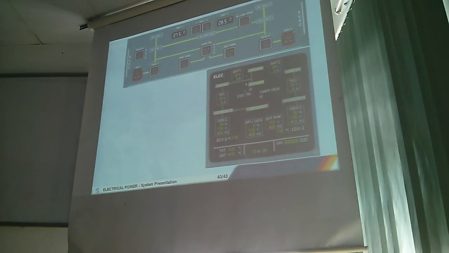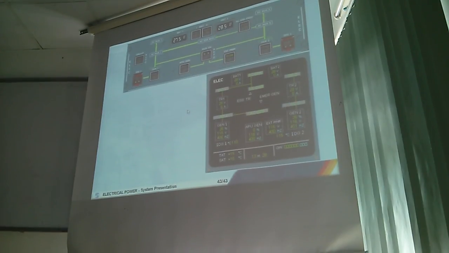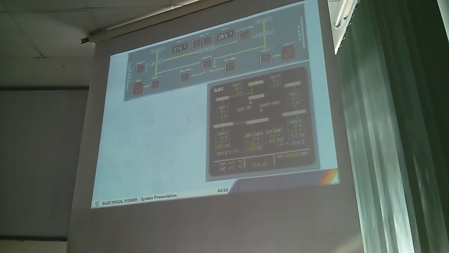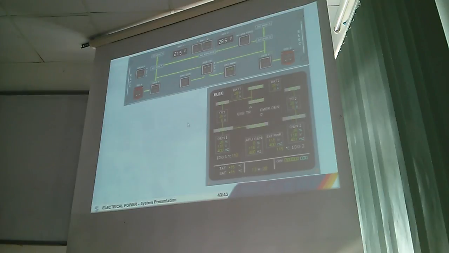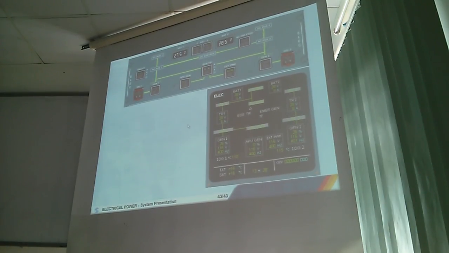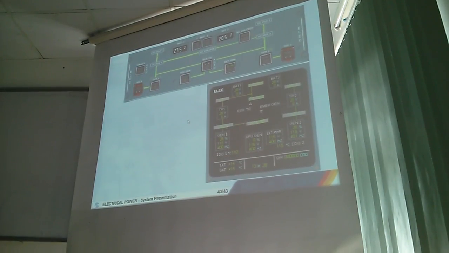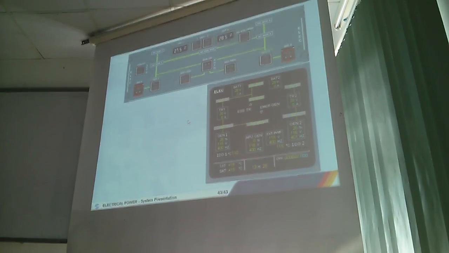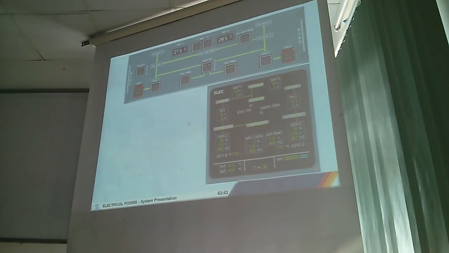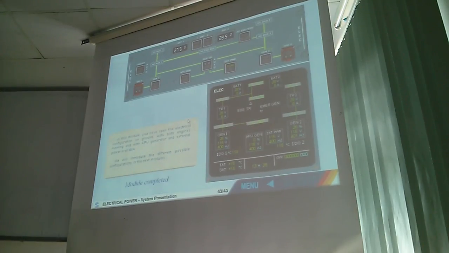In this module, you have seen the electrical configuration on ground, with both engines running and with APU generator and external power available. We will introduce the different possible configurations in the next modules. Okay, so you see that everything you learn